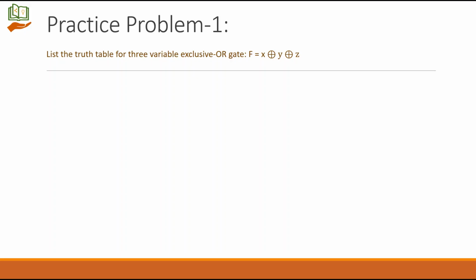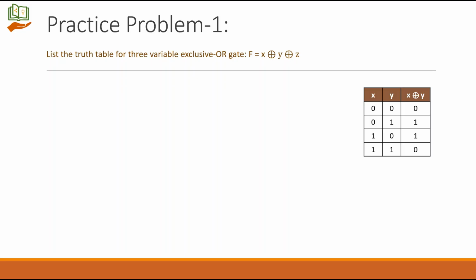So far we have been working with 2 variable input. Now the question is, are only 2 variables allowed here? Not so. You can extend the inputs. So this is one such example with the extension of input. So let's take the XOR operation. XOR gate will have 0 when the inputs are same and they will have 1 when the inputs are